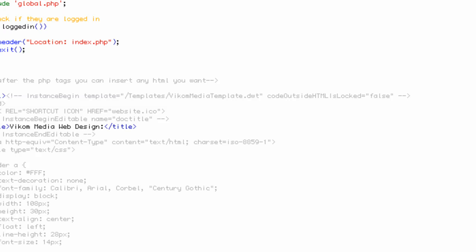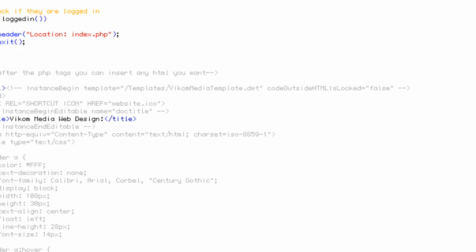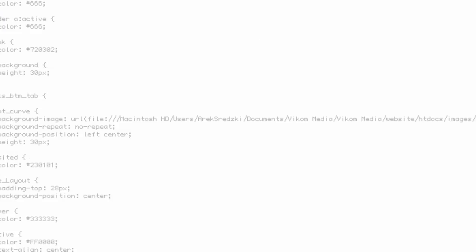It was just to show that after these PHP tags, you can insert HTML, but it was sort of buggy. Don't know why. I haven't really worked with HTML in PHP files much, but anyway,